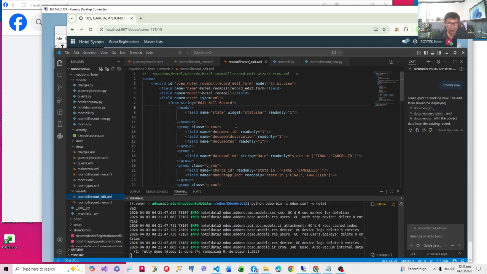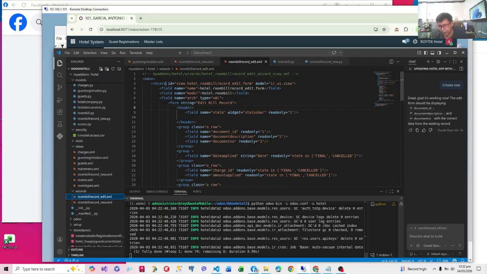This is a very important function in Odoo development: the use of transient models and wizards. We are always going to use this, like for example, generation of reports. You are going to open a wizard to ask for the date range and then show the list view that can be converted into PDF and Excel later. I hope you enjoyed this session. This is a very important concept. Thanks for watching this video and bye for now.